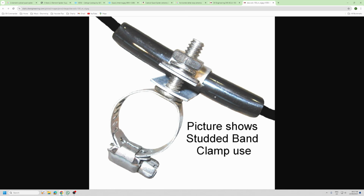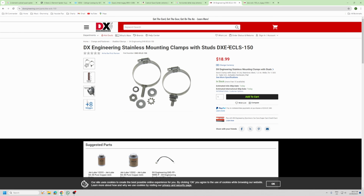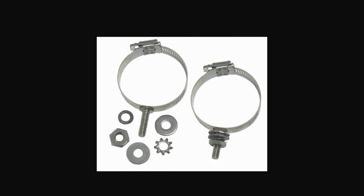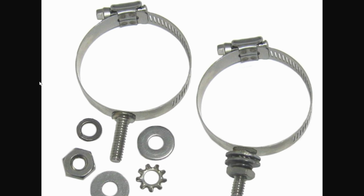So this is the DX Engineering one. Sorry, there's probably been an edit there. I've been trying to find it. That's this thing, okay? And this is their listing. It says $18.99. Is that for 10 or something? It can't be each. But that's exactly what I want, right? Open a new image. So I'll speak to DX Engineering and see if I can buy theirs,